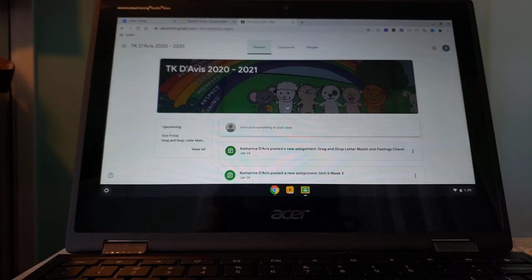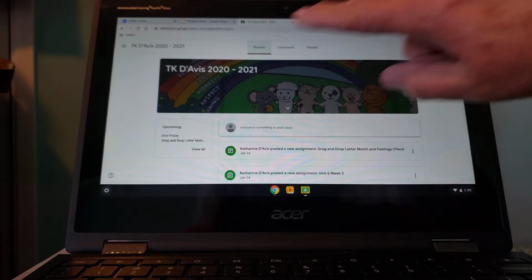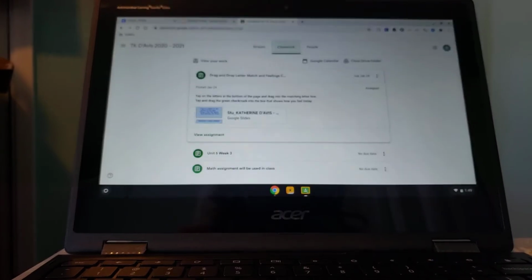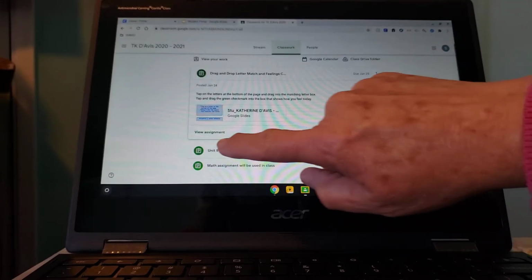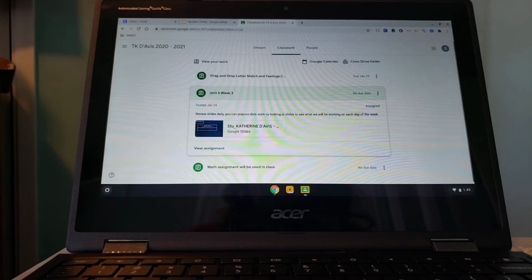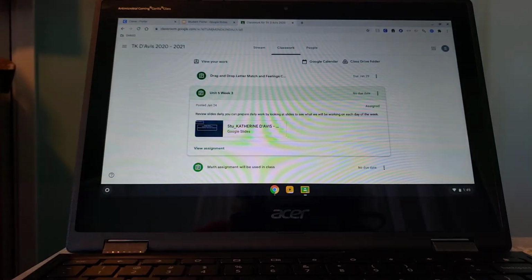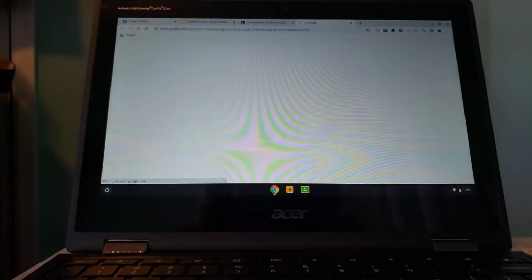Alrighty, part 2 of how we all get around in our Google Classroom. So again, we're in the Google Classroom. I'm going to go back to classwork. We've done the drag and drop activity for the day. So I'm going to go down to Unit 5, Week 3, and we have another little Google slide deck that pops out. I'm going to click on that, and that'll take